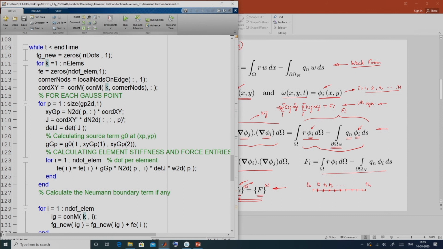Then we run a loop over all the elements just to calculate f n plus 1, because that changes with time. Here we have used the numerical integration scheme. We calculate the Jacobian similarly for all Gauss points, and we obtain the heat generation term. Since there is no Neumann boundary term, only the heat generation term has to be calculated in the f term.